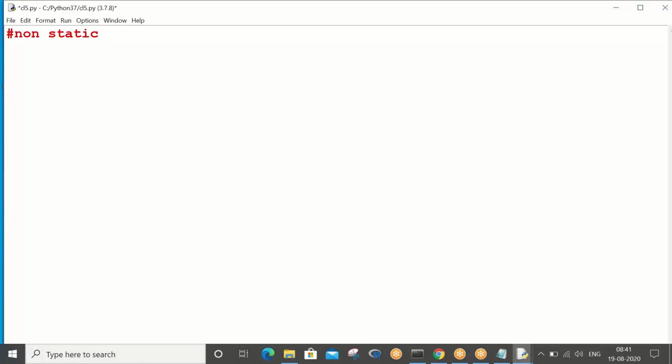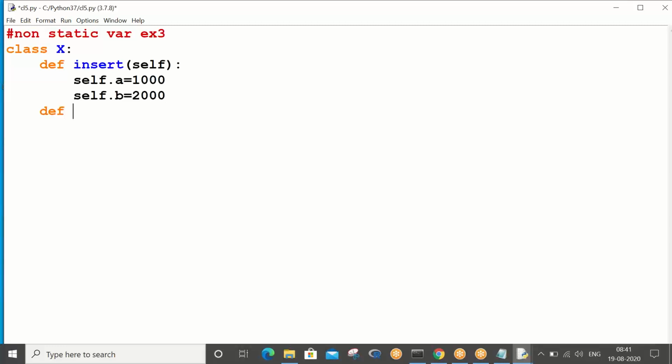Here comes the important real-time use case way of understanding. What I'm saying is you have to understand, for what reason am I writing the insert method? Tell me. The insert method will help me put my data into the object.